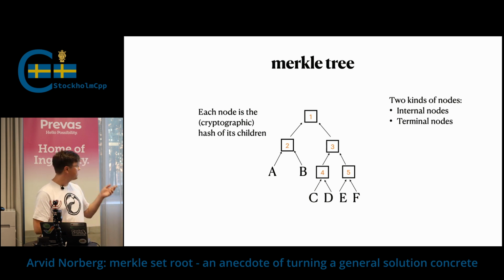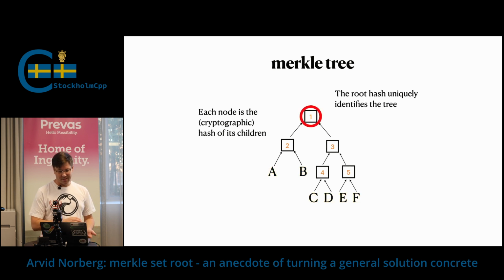So there are 2 kinds of nodes, the internal ones and the terminal nodes. I'm going to call the leaf nodes terminal nodes. So these are the internal ones. These are the terminal ones. And that's the root of the tree. So what's the point of having a root of a tree like this? Well,